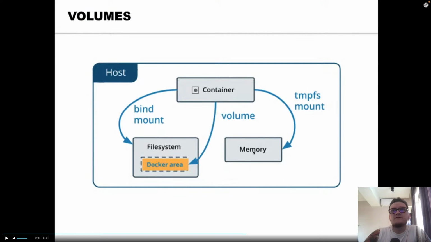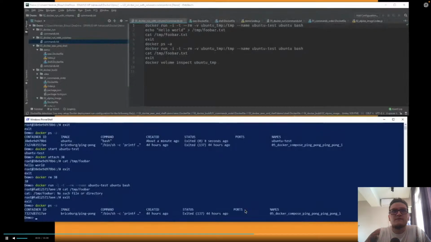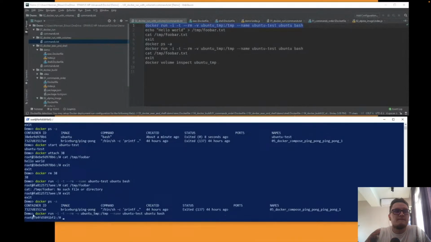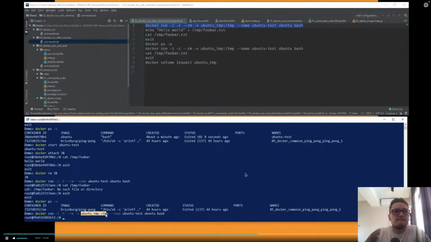Let me go further. Yeah, and as I told you before, we have a container. We have our own file system inside the Docker area, and we can give a small volume to it to store data inside. I even showed it a bit. And here, as you can see, the script was changed a bit.